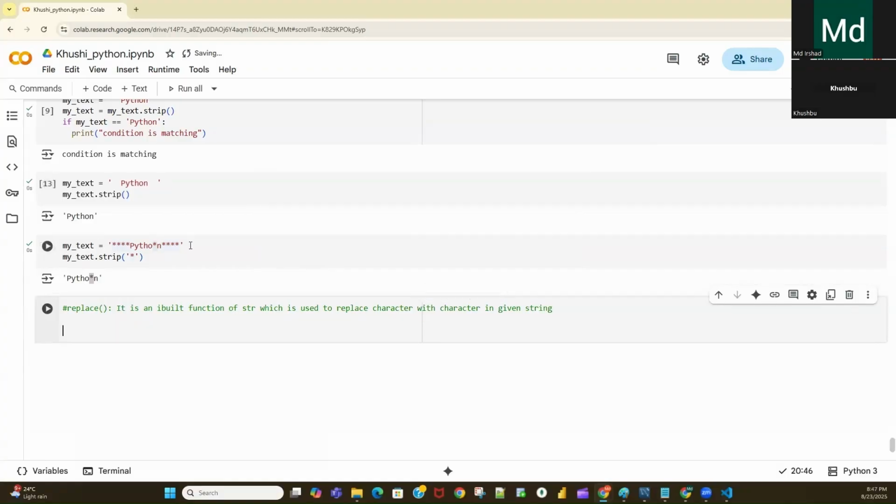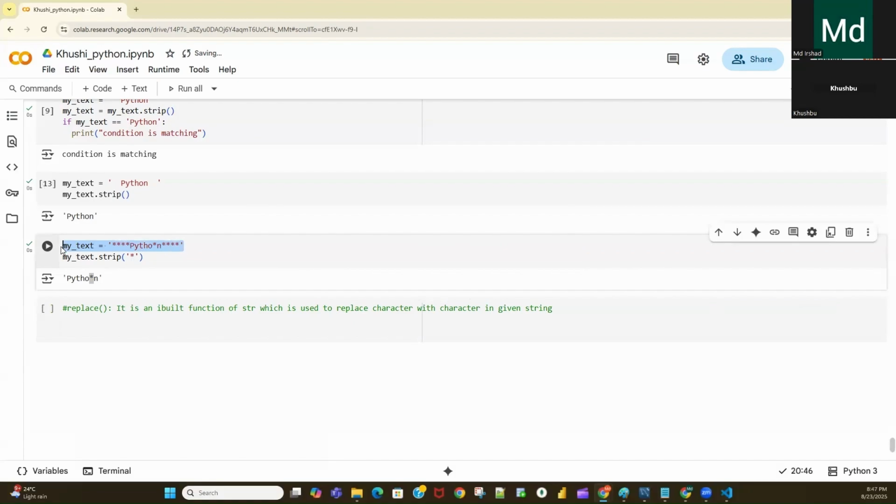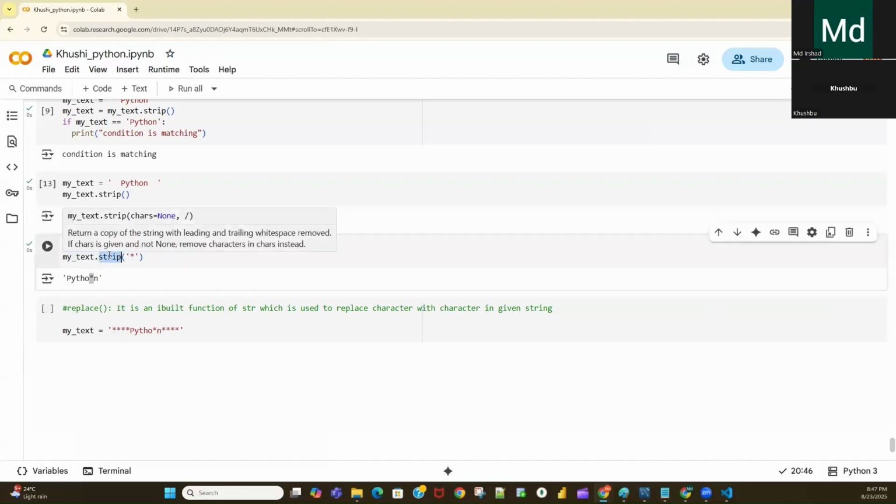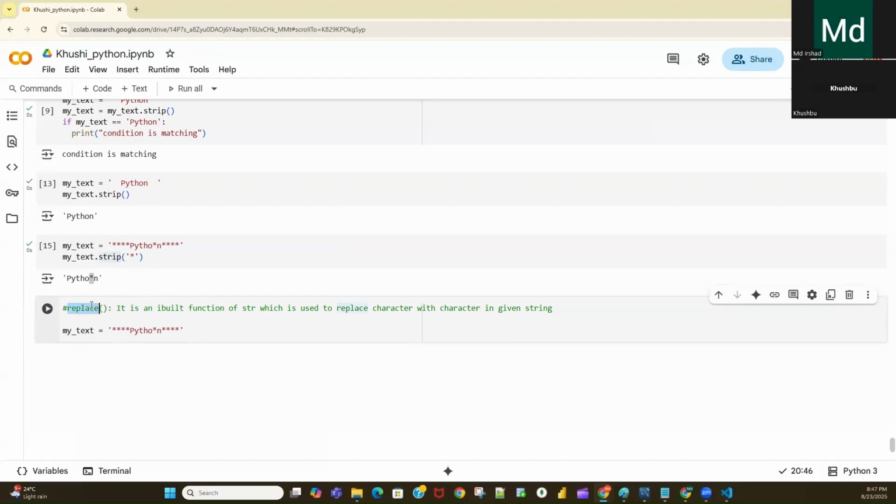So let's say this time I will take this data. This strip function will only remove the given character or blank space from the left side and right side, not from everywhere. But with the help of this replace function, you can replace any character from anywhere within this string.